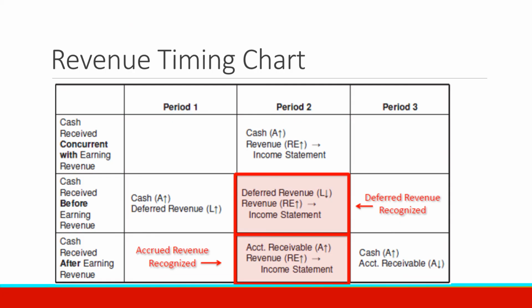Before diving into preparing some of the statements that are required for this homework problem, I want to step back and talk about 3 of the accrual journal entry types that we have seen in this particular problem. First, we're going to look at accrual activities that arise out of revenue. We do not have an accrual activity when we look at the row 1 journal entry being depicted. That's when cash